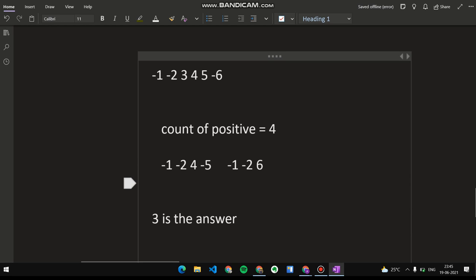So I hope you have understood. The main thing was that we have to mark the positive numbers present in the array. For marking, as we cannot use any extra space, we are marking the element present in the same array using minus. We are multiplying that index by -1.